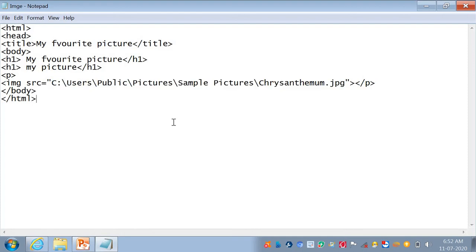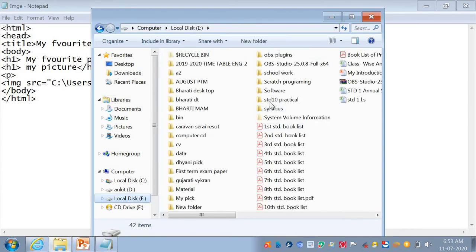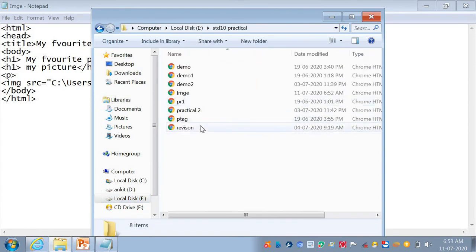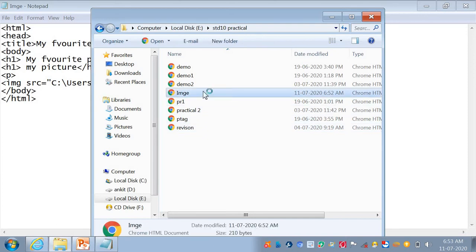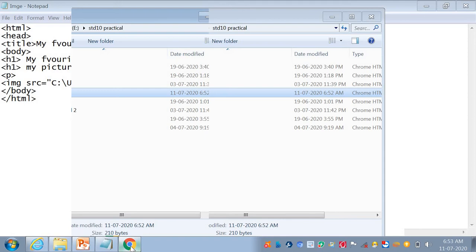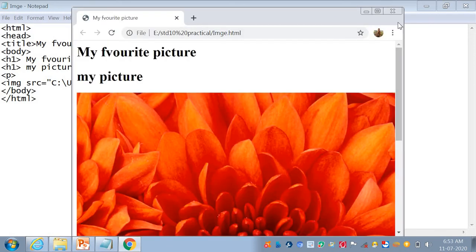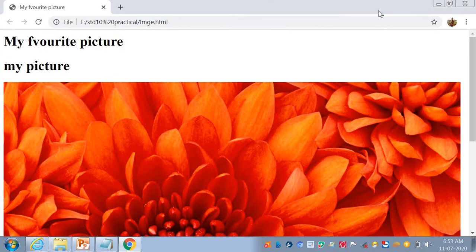Now we move to our practical. Before running your practical, you must save your file. Okay, your picture is available here.